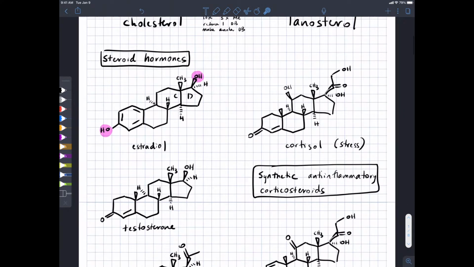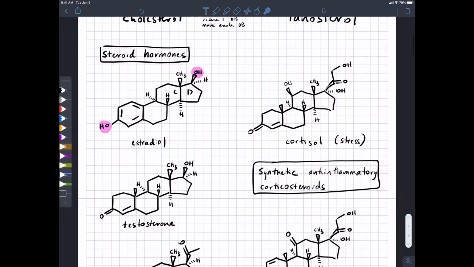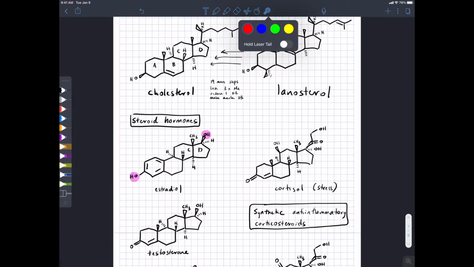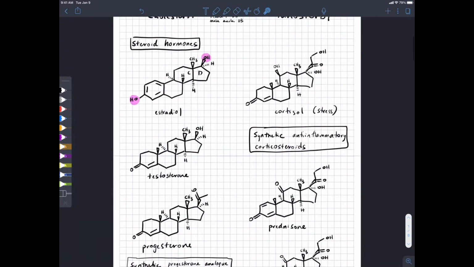So the steroid hormones all come through this pathway, and you can notice their structural similarity to cholesterol, and then you can notice the differences. For example, most of these steroid hormones lose this nonpolar tail and replace it with something polar. Estradiol, testosterone, and progesterone